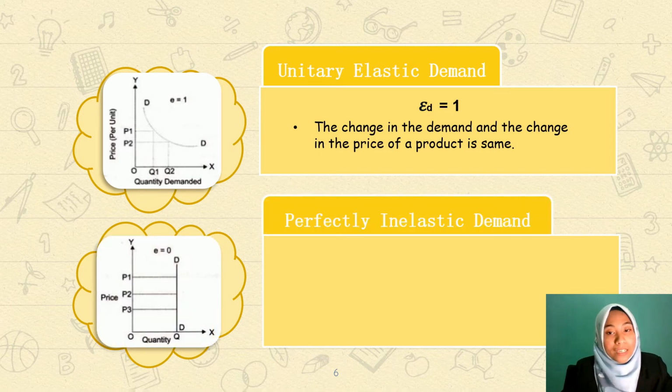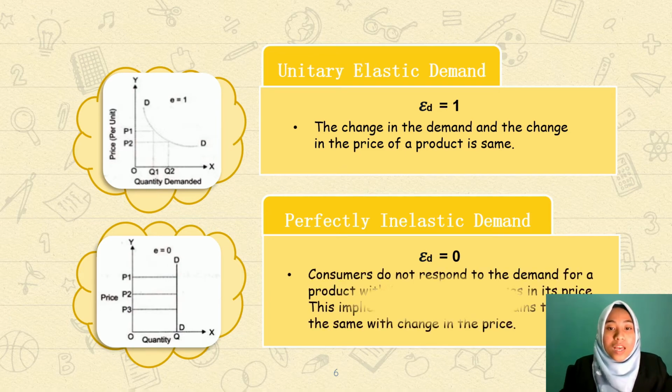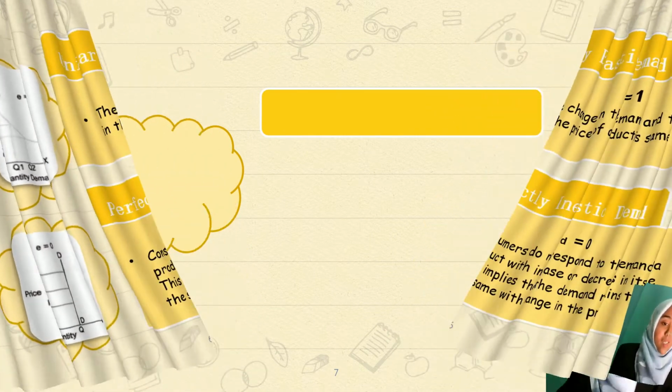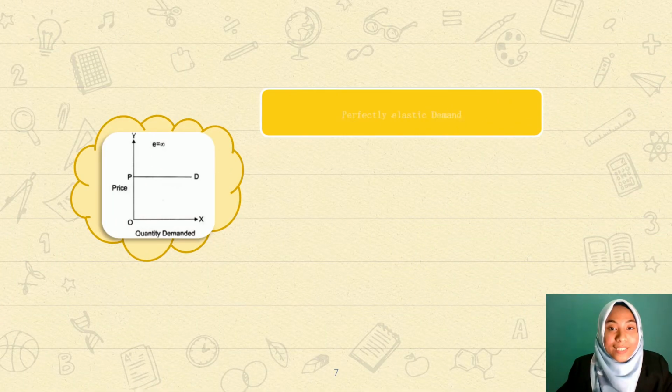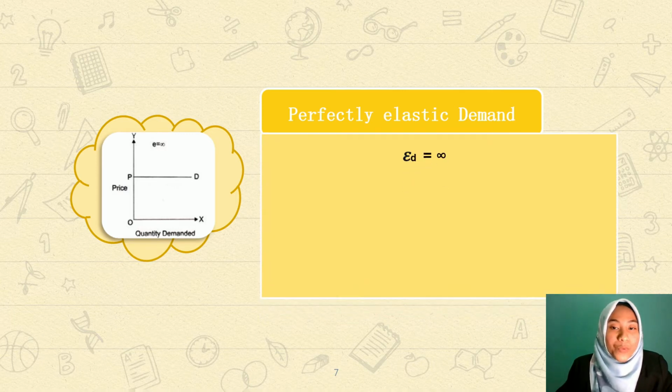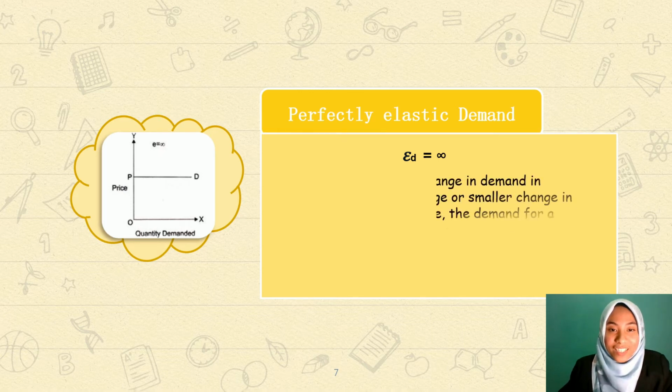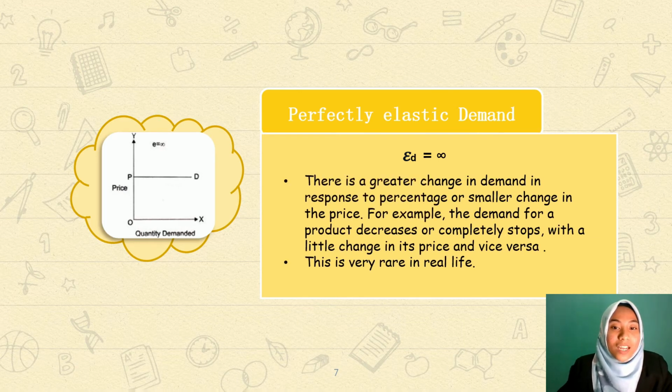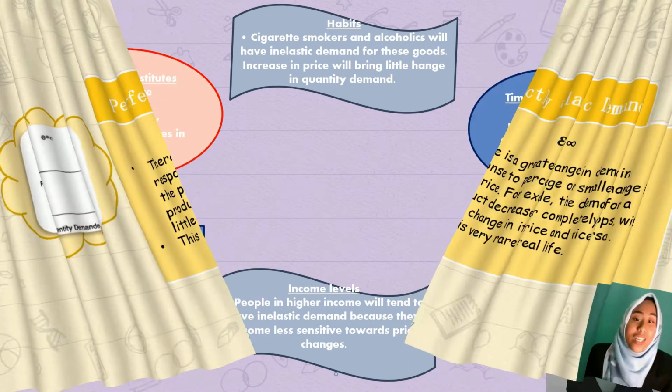Fourth, perfectly inelastic demand. The numerical value of elasticity of demand is equal to 0. And the last one is perfectly elastic demand. The keyword is the numerical value of elasticity of demand is equal to infinity. There is a greater change in demand in response to a percentage or smaller change